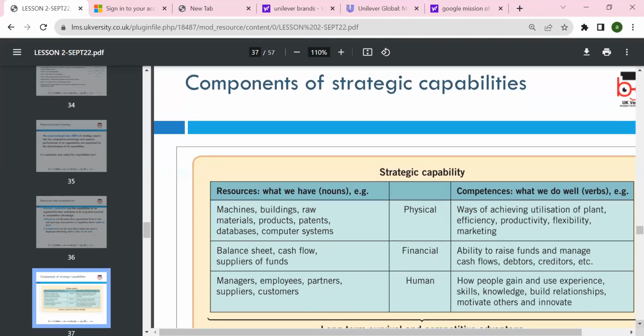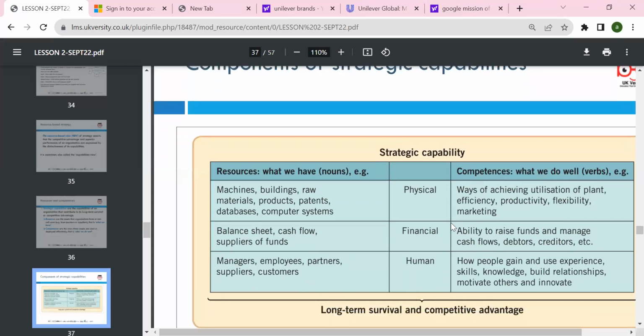When we're looking at three areas: physical resources like buildings, plants, and machinery we have in our organization, what financial resources we have, and what human resources we have. Human is more linked to people, how well we utilize the people. They have skills and knowledge. So we have resources and we need competencies to create competitive advantage, so that as a company we can sustain